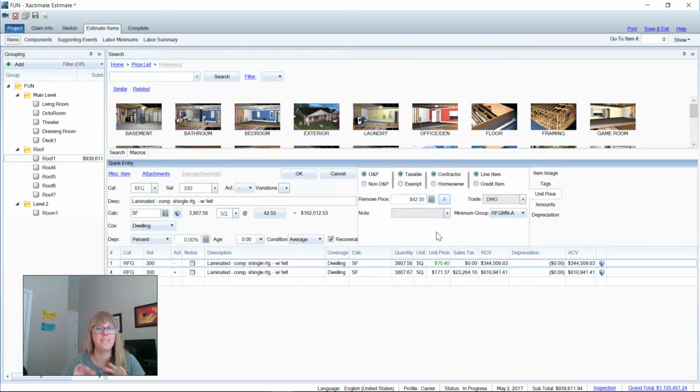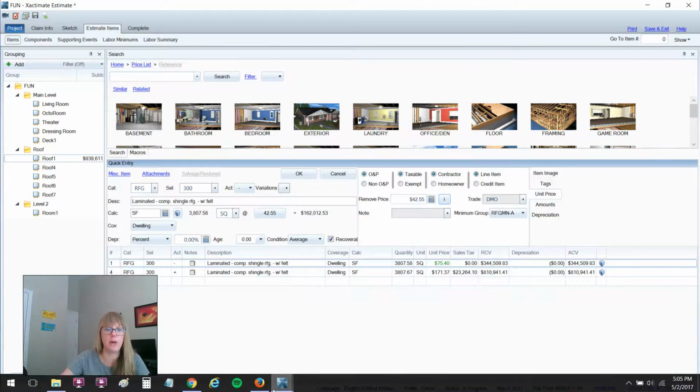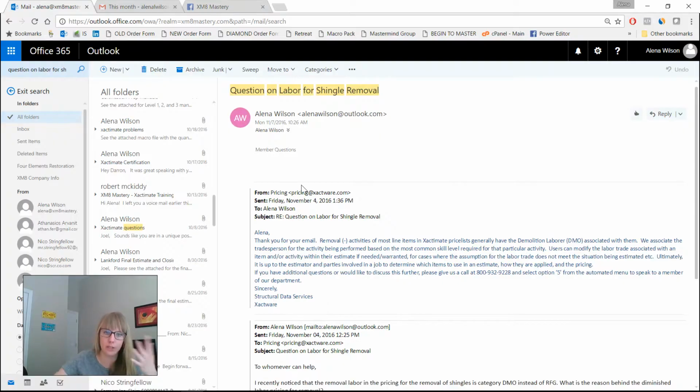Again, this is a big default that is going to be doubling your price for removal per square if I change this default, and that's why I had a little bit of an issue with this when I heard about it probably a year ago. So what I did is I emailed pricing@xactware.com. You can see it here. I emailed them because I had this issue, and I asked them,